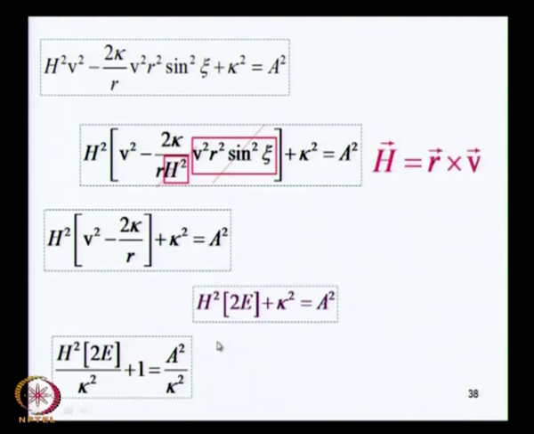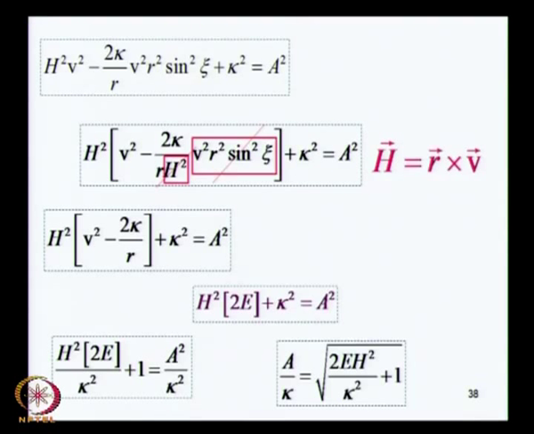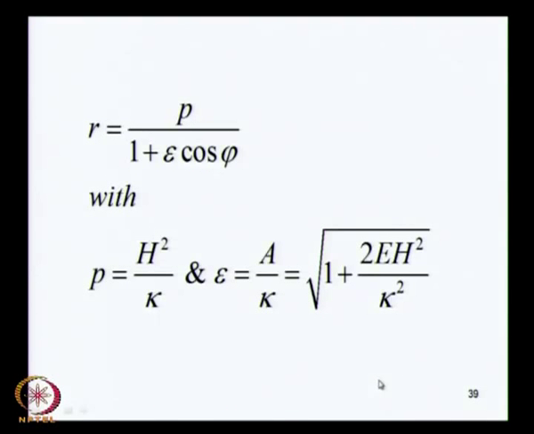kappa, and we needed the a over kappa to get the eccentricity, if you remember. Okay, we got the equation to the ellipse in which we had the eccentricity, but the eccentricity was in terms of a over kappa, and we have it now in terms of known quantities which are the energy and the angular momentum. So, a over kappa is this quantity, it is the square root of the left hand side. So, it is the square root of 2 e h square over kappa square plus 1, and this is now the complete orbit equation in polar coordinates. So, this is the equation to the ellipse,